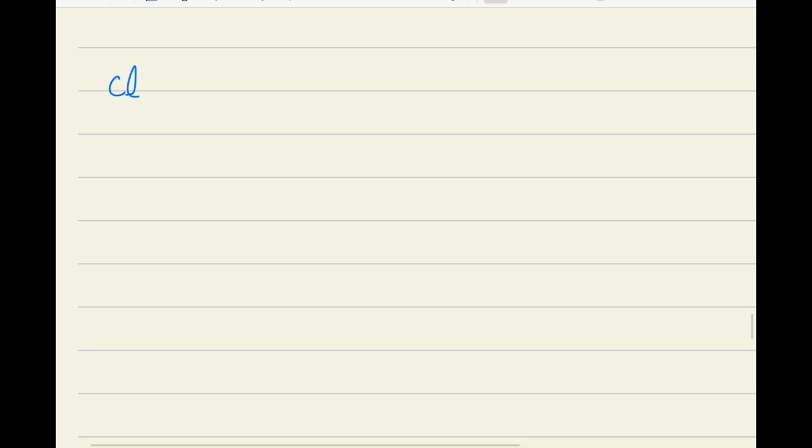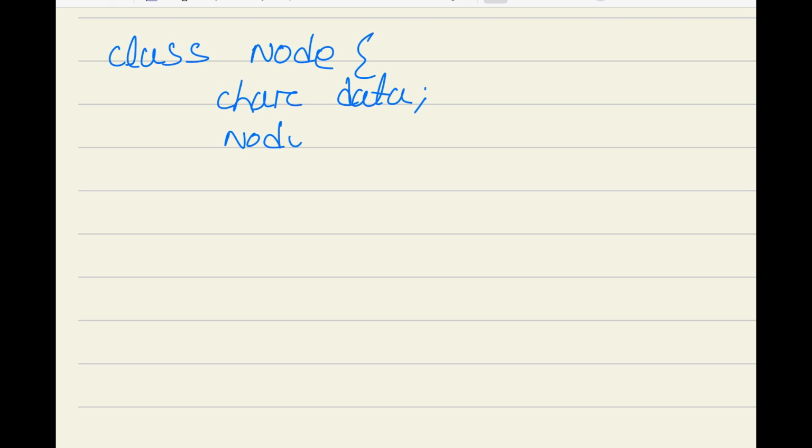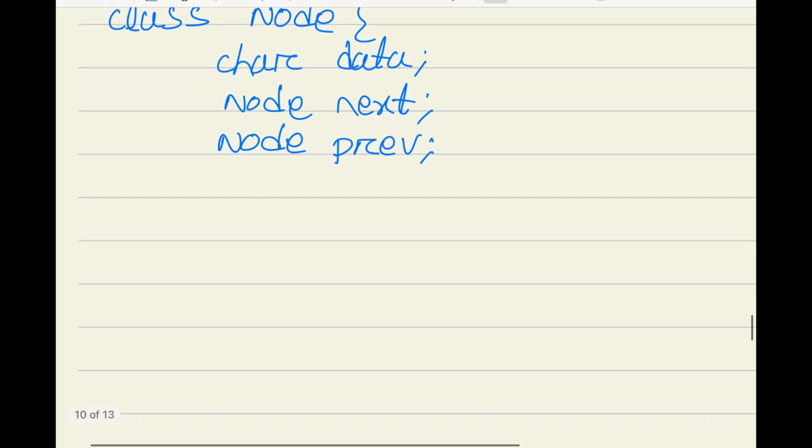Now we will write the complete program that implements the methods that we have discussed for double linked list. So first we define a node class like we have earlier discussed. So we can write the class node like we have already discussed, and in the class node we have one character value data. So char data and node next, node previous, then the constructor